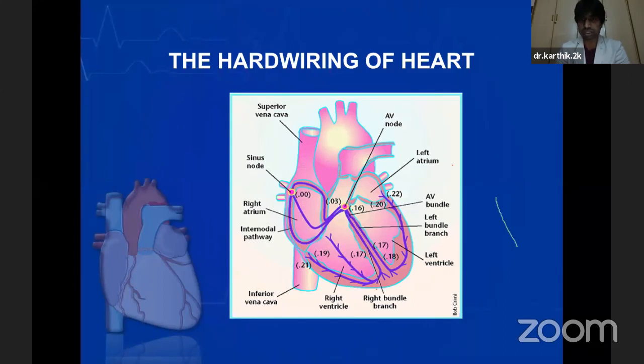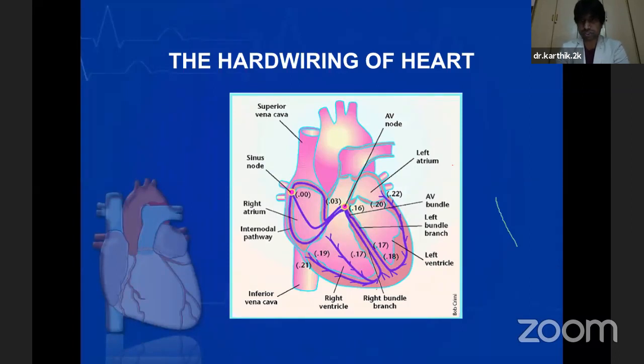And to bring about this sequential stimulus, we have a pacemaker which is located in the right atrium, called the sinoatrial node, because that acts as the battery power source of the heart, which is responsible for the continuous beating of the heart. Once the electrical impulse is generated by the sinoatrial node, the impulses travel from the sinoatrial node to the atrioventricular node. And after a brief relay from the atrioventricular node, they reach the ventricles, thus stimulating the ventricles to pump the blood.